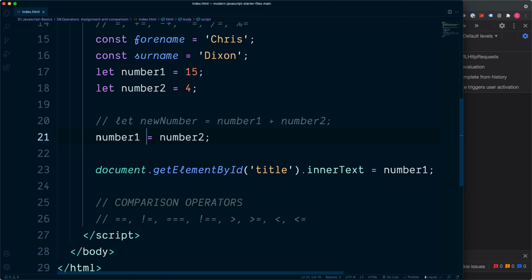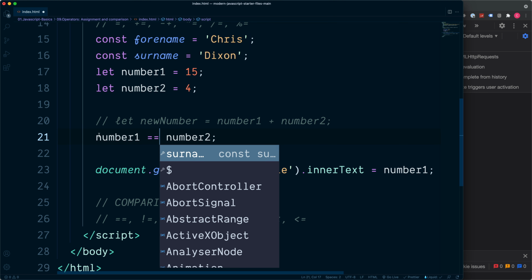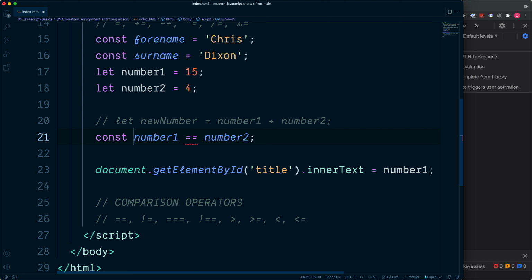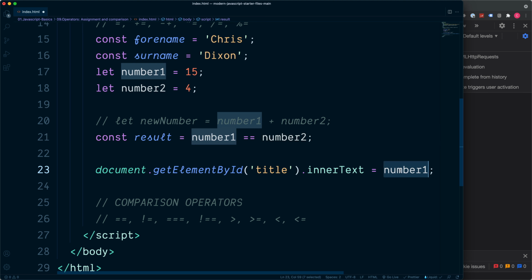But sometimes this can look a little bit strange for beginners, because if we were to read this as a beginner, this may look like we are checking if number 1 is equal to number 2. As we know this is not the case, this will assign number 2 to be equal to number 1, but if we did want to compare if these two values are the same, we do this with the double equals. We can then store this inside of a value, let's say result, and then output this to the browser,